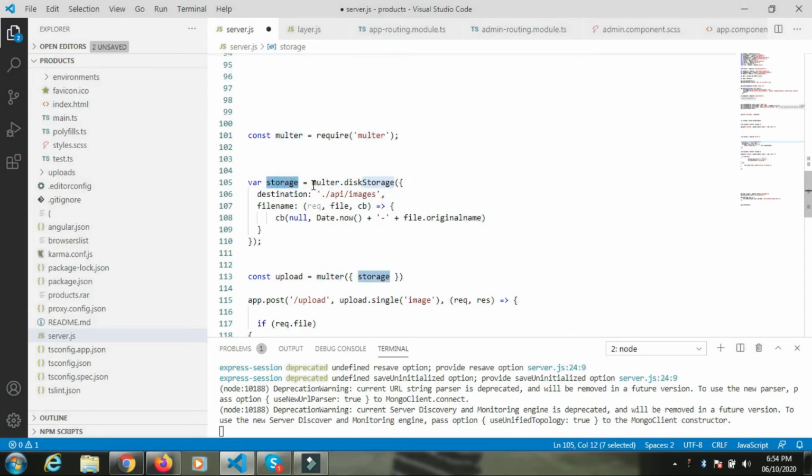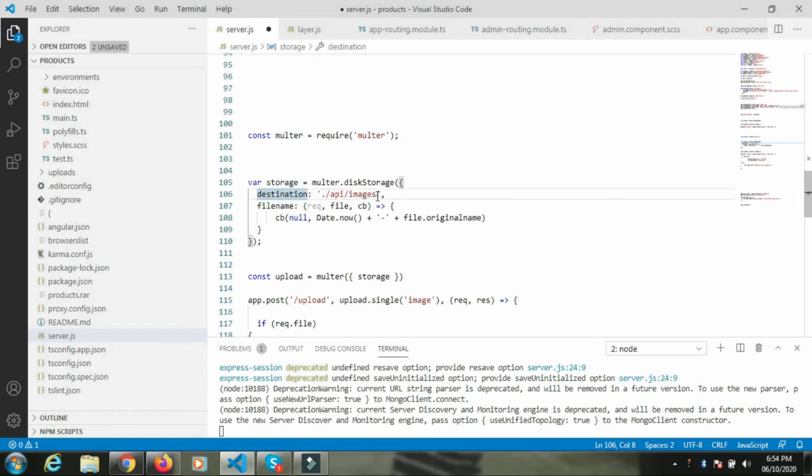Now there will be two parameters in diskStorage. One is destination and the second is filename. In the destination we will have to pass the actual location of the folder where we will store the image.